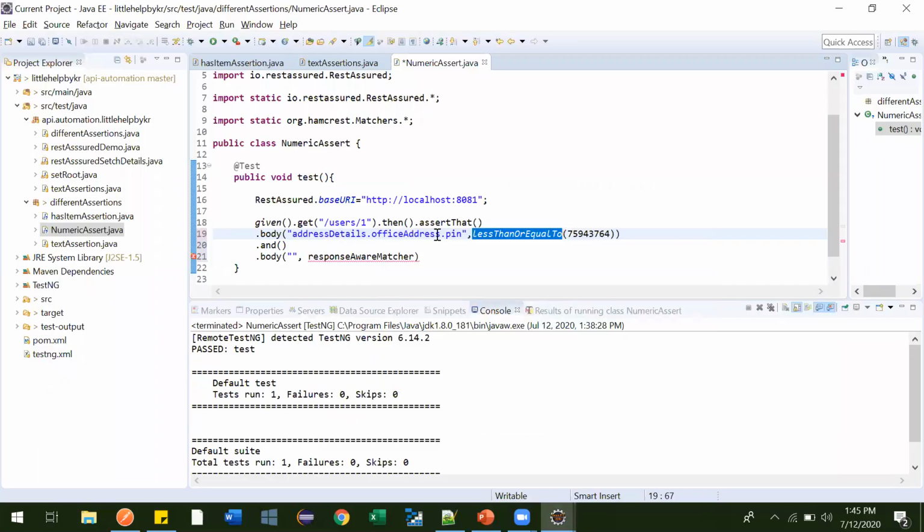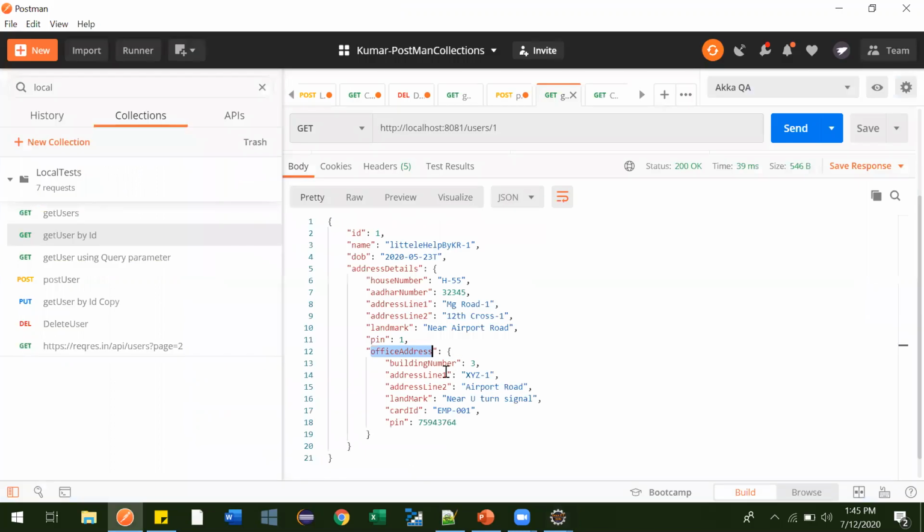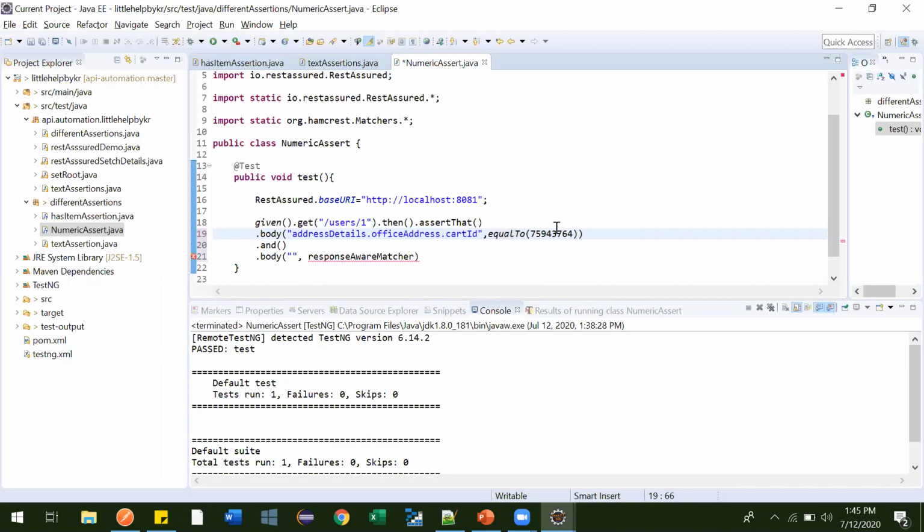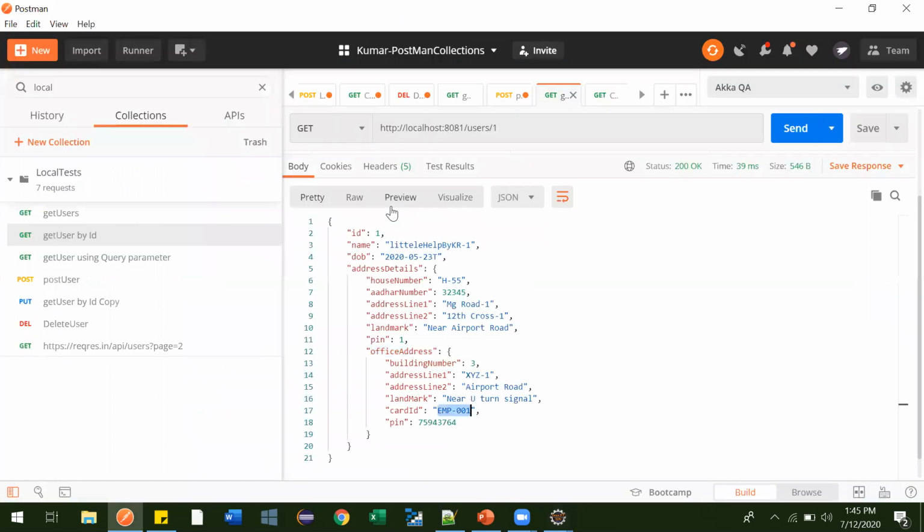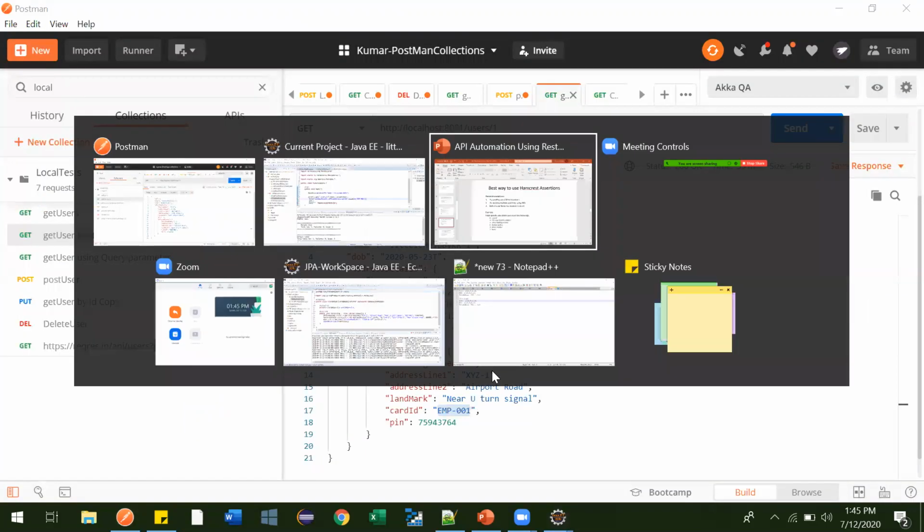And this should be equal to the cart id. Yeah, this is done.